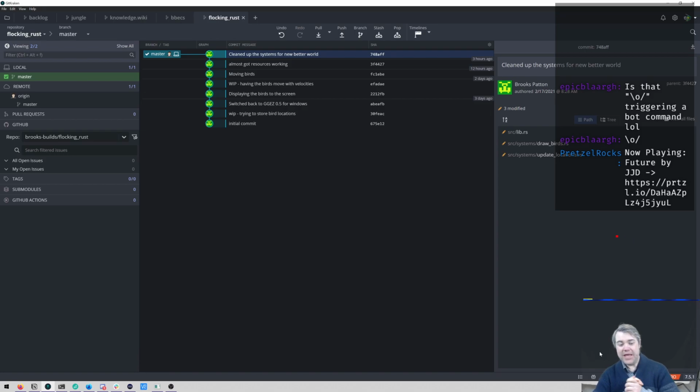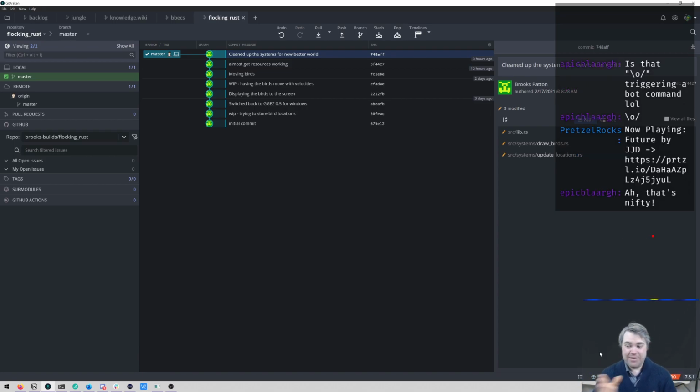All right, so tomorrow the plan is gonna be 7 a.m. Mountain Time. I'll be back. And I'm going to be working on just more improvements to this. Probably resources is going to be next, because that's the next biggest thing before I can start creating all those other systems in order to make the flocking simulation happen. So I'm going to go ahead and add in a